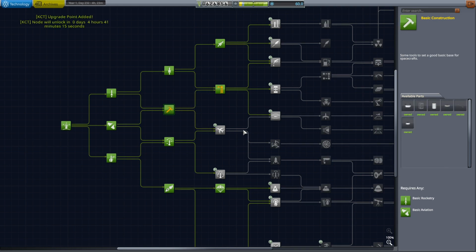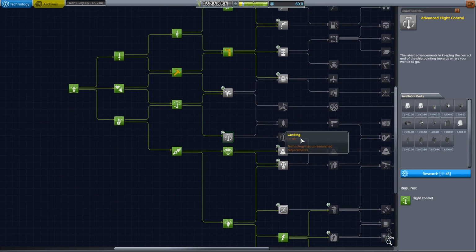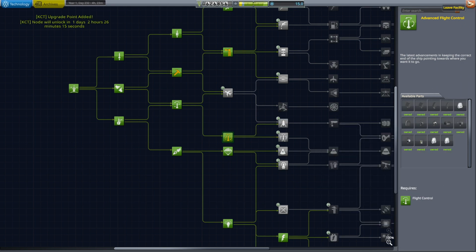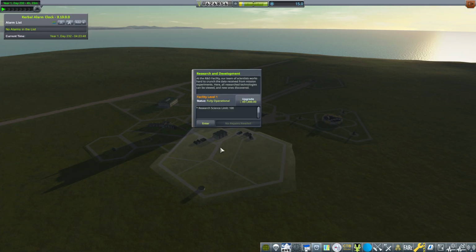And on that note, I don't know if you guys noticed, but in the previous episodes I had some connectivity problems when I was going to the Moon, and of course if I want to set my sights on Minmus it would take even more, which means obviously, here we have advanced inline stabilizer. I'm gonna order these three, so those three will be queued up